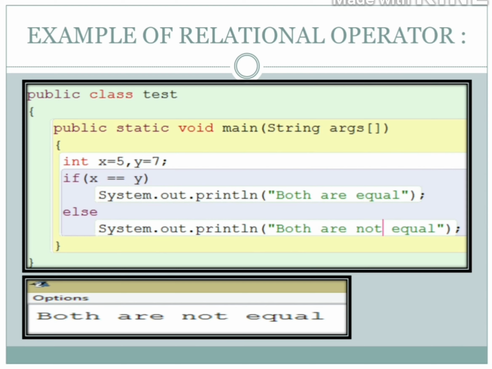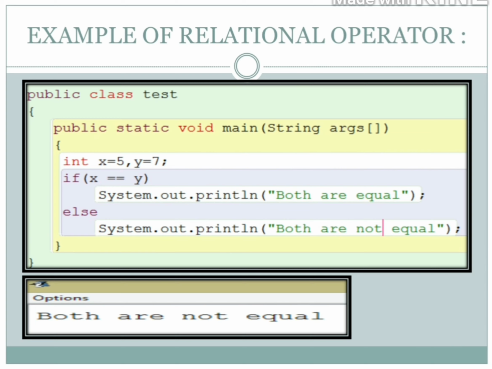If I'm taking one example, I want to show you in a better way. I'm using the double equals sign. I'm using x equals 5 and y equals 7. Both are not equal, you know that. But if you want to check in your program whether both are equal or not, you have one operator, that is double equals. x == y, and if it gets true, then the first expression occurs, else the second one. If x == y provides us false, then the else part executes.